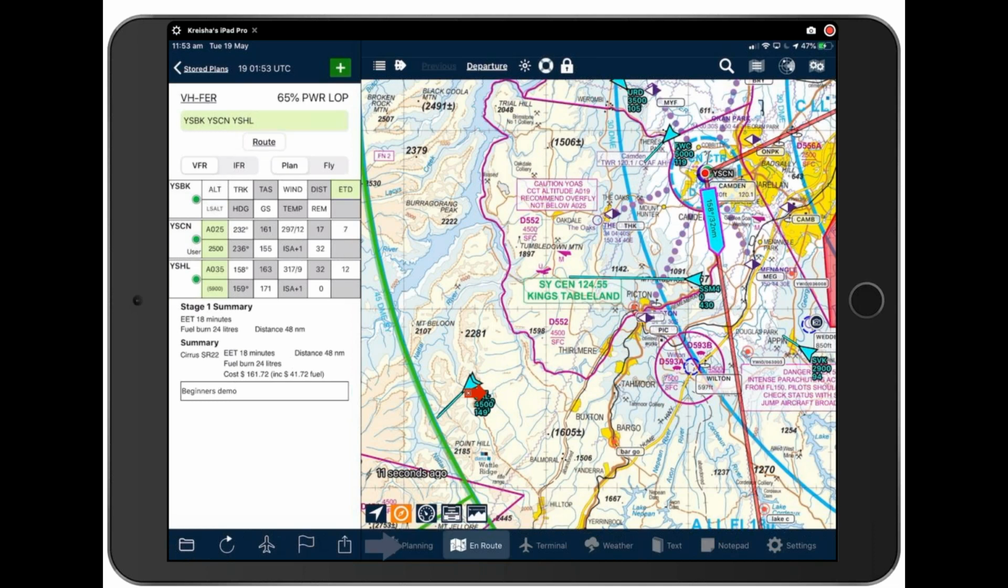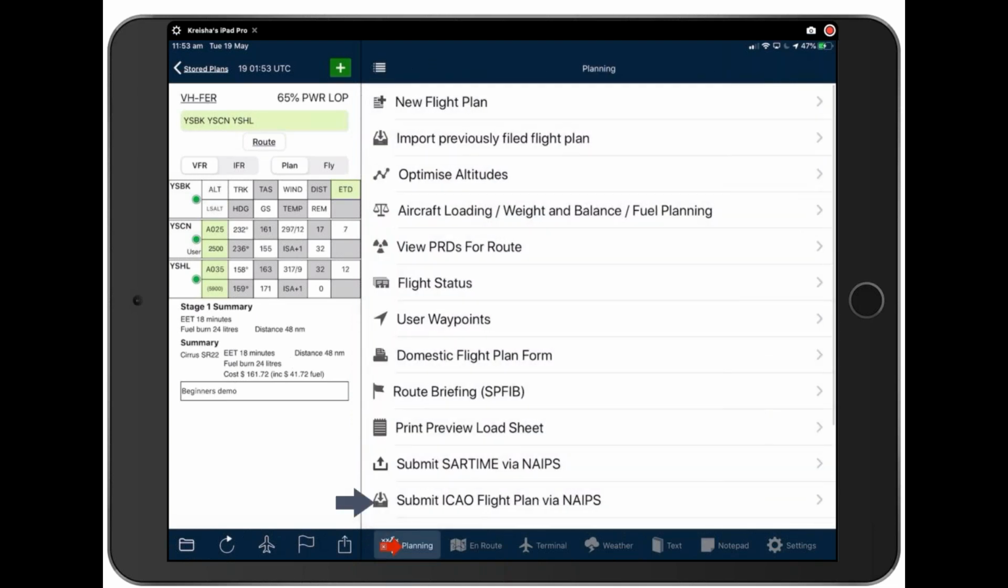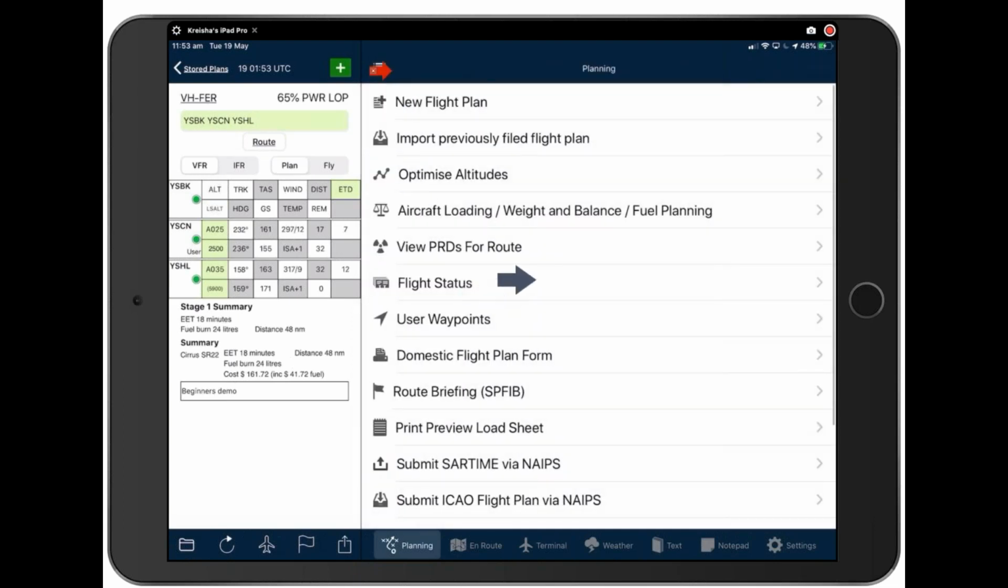Let's go back to planning and have a little look at flight status. So once you've filed your flight plan with NAIPS, AvPlan will continue cycling in the background after you've filed your flight plan to see if you've got any messages or if there have been any amendments to your flight plan. So if there's been an amended TAF, a change in the METAR, SIGMET, NOTAM, area forecast, it'll all appear here,